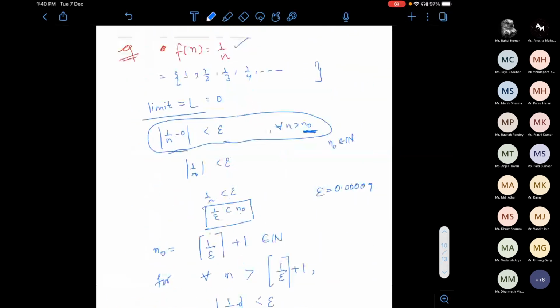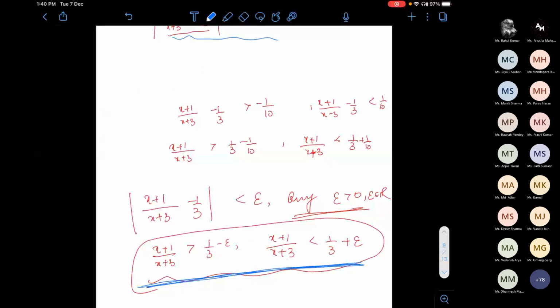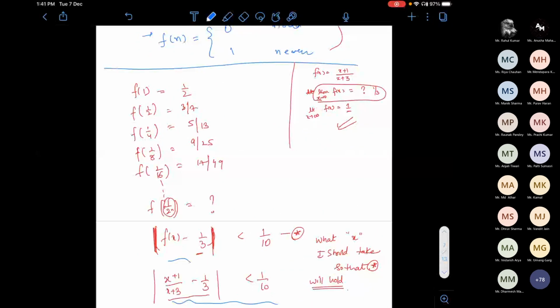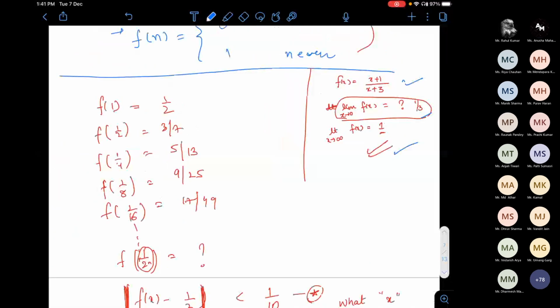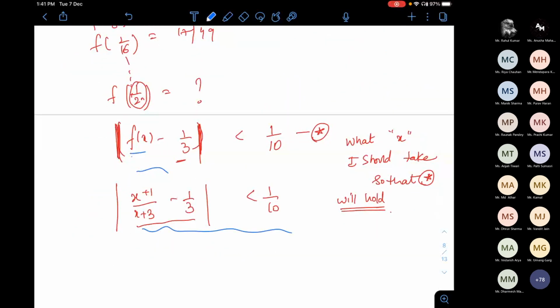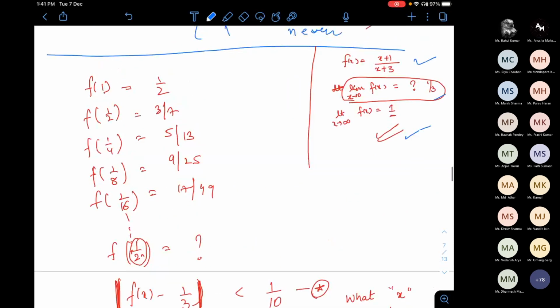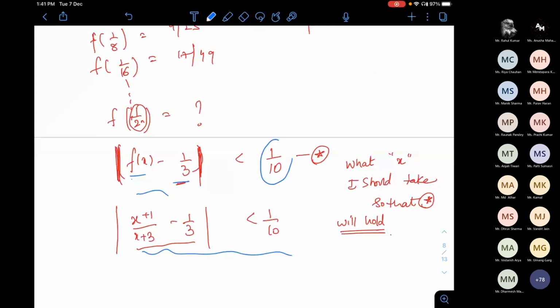Okay, that's what I was trying to say last class. Now we will go back to the last class and see this example. You told me that as x tends to 0, the limit will be 1 by 3, and at infinity also 1 by 3. Then I asked you the difference between f(x) minus 1 by 3 at 0. Here my epsilon I have particularly taken to be 1 by 10. We are solving the same inequalities which you solved in your IIT JEE, but here epsilon is arbitrary. There you take epsilon to be a particular number and calculate the values.